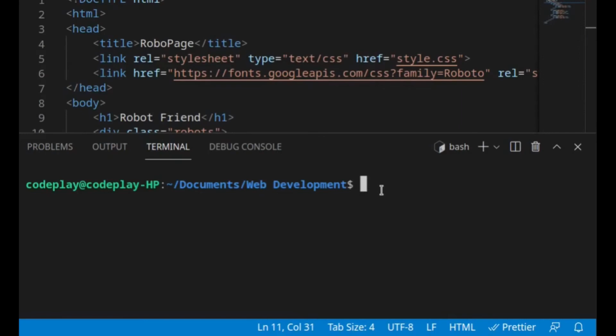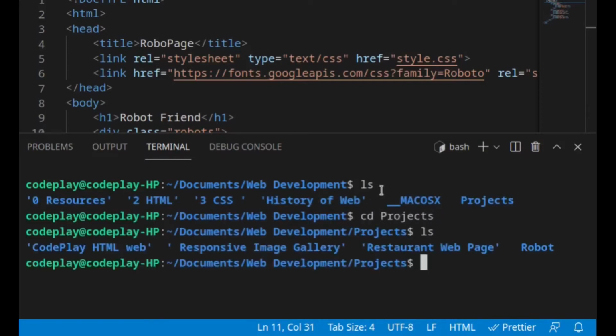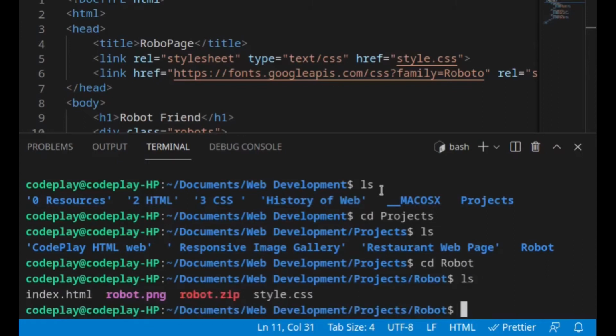So here we are in our VS Code editor. First of all, we need to initialize a Git repository. One thing I must tell you is that Git is necessary for learning GitHub. First, let's head over to our project folder. So these are the files that I want to push to my GitHub repository. Now we need to initialize a repository.